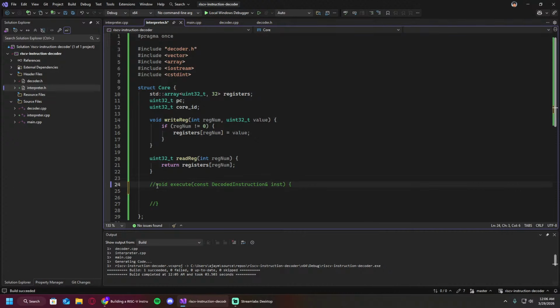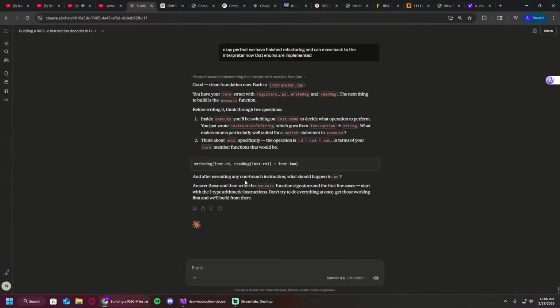Let me comment: execute the instructions for the register. It's switching on inst.name, instruction.name, to decide what operation to perform. It's from instruction to string, which makes enums, specifically the operations: destination register, source register 1 plus immediate. In terms of your core member functions, that would be